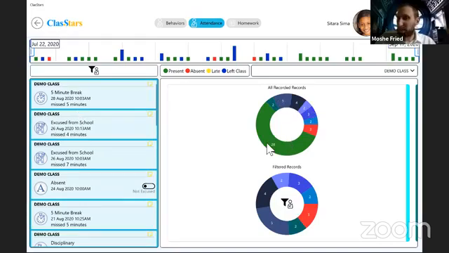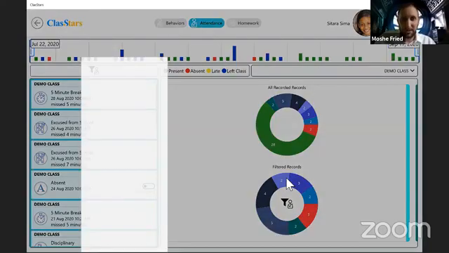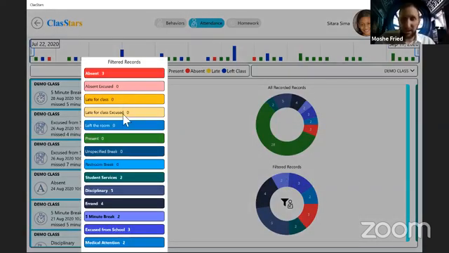This top donut chart remains untouched because that's all the recorded records. And that's what I have going on over here. So I can see, and if I tap on the donut chart, I can see how many times Satara was absent, how many times were they excused, how many times was she late, how many late that were excused, how many times she left the room for the various different reasons: twice for student services, 5 for disciplinary, 4 for an errand, 2 for a 5-minute break, 3 times she was excused, and twice for medical attention. So I get a real clear breakdown of what's going on over there. When I tap away from the chart, it's going to do that.